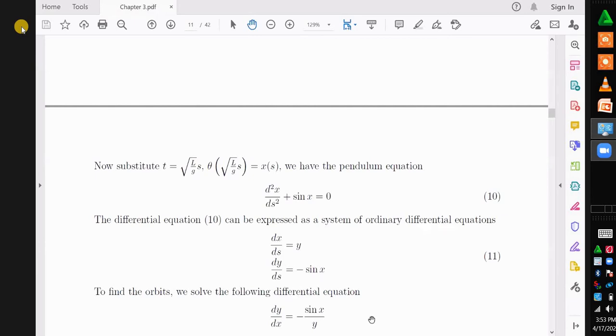ये ठीक है, वैल्यू नहीं समझ आई कैसे निकाली है। t को सब्स्टिट्यूट किए L over g s के रूट। This is change of variables. अच्छा मतलब सिर्फ ठीक हो।